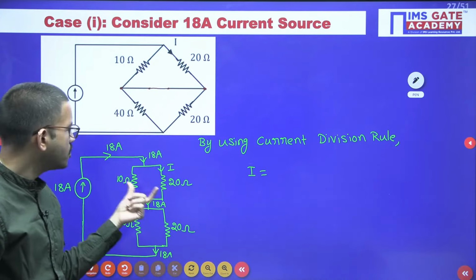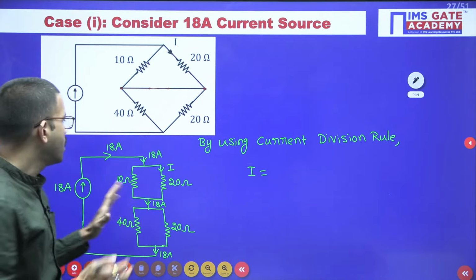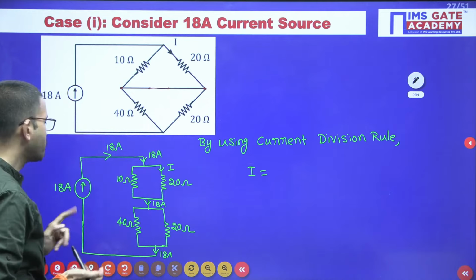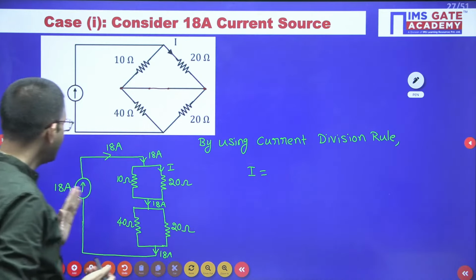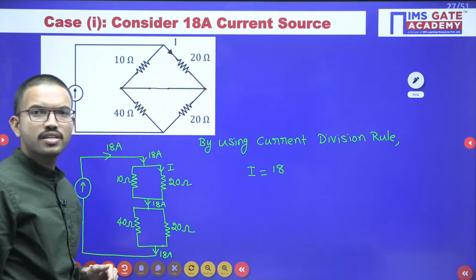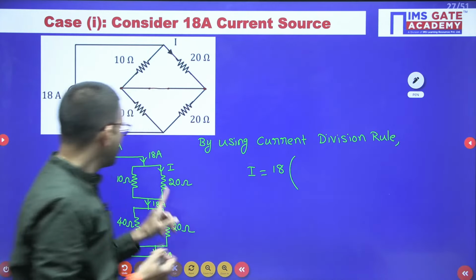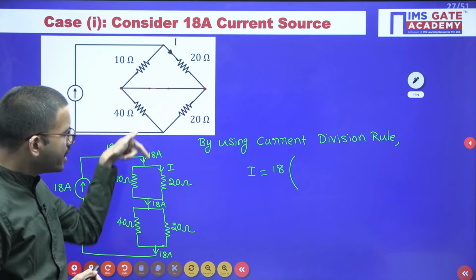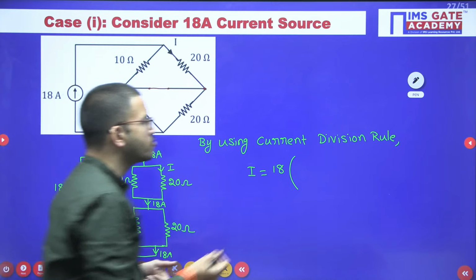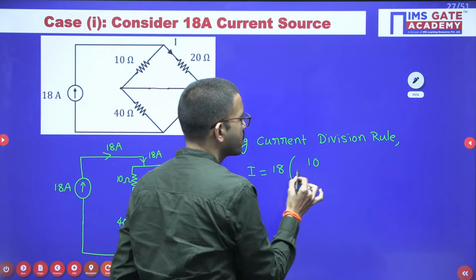Whenever you are having two resistors connected in parallel, and for this network, if you know the entering current or supply current, then by using current division principle, entering current we are considering, that is 18 ampere into, among these two resistors, here we want to find the current flowing in this particular branch, so that means opposite resistance value we have to consider, that is 10 ohm divided